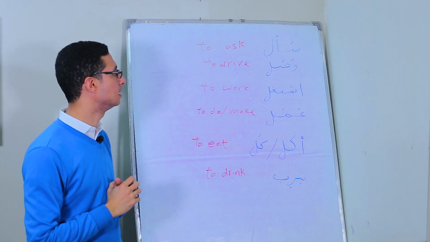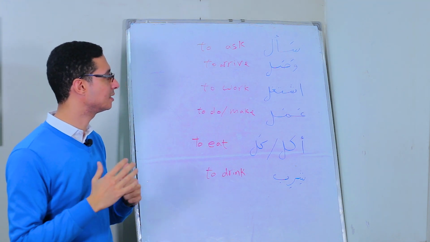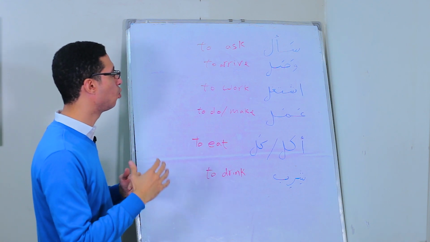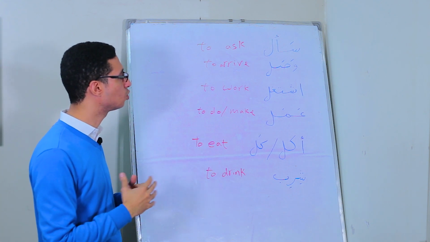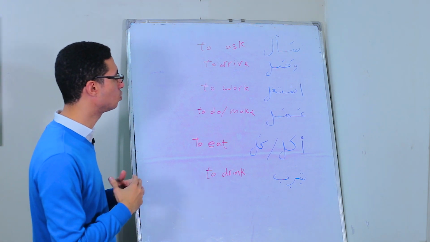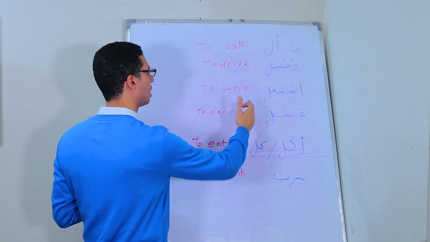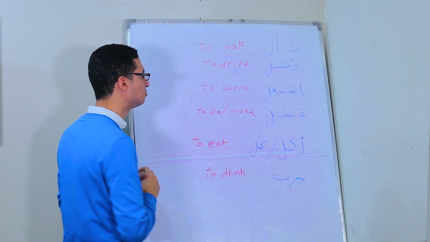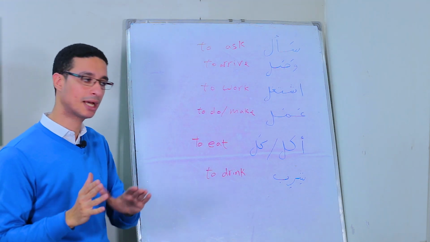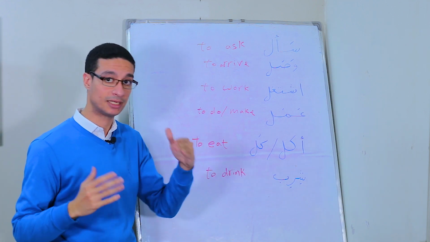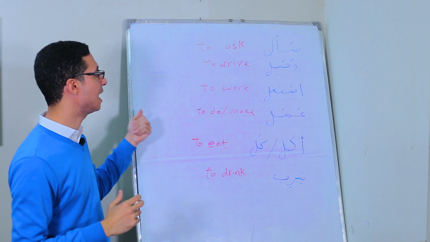And if I want to say I arrive, okay, it will be أنا بوصل, هو بيوصل, هي بتوصل, هم بيوصلوا. Okay, wasal is to arrive. اشتغل, it means to work. أنا بشتغل. Okay, if you want to say I work as, okay, an engineer, for example, you will say أنا